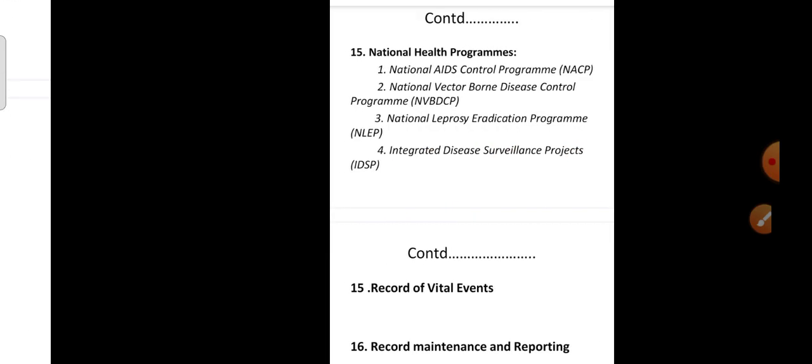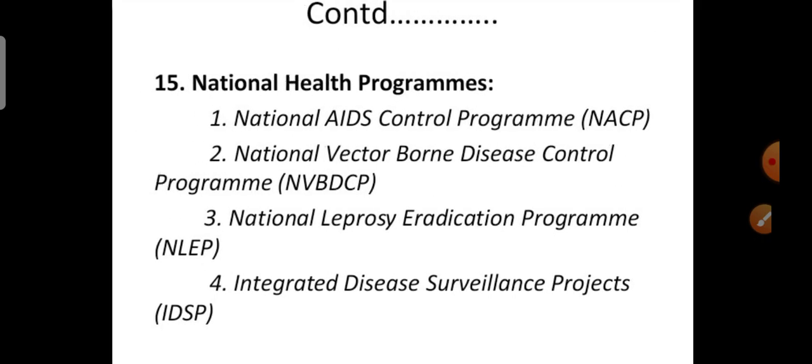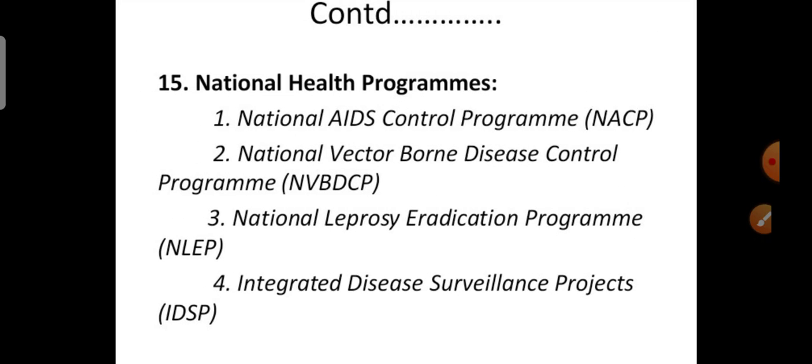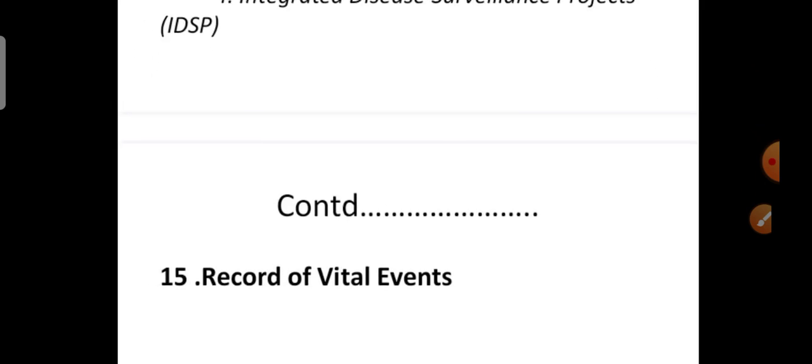Okay, next, the 15th point is the national health programs, like the National AIDS Control Program and the National Vector-Borne Disease Control Program. Vectors are those that spread disease by bite, like mosquitoes and houseflies. Many vectors exist, but mosquitoes are a very problematic one, causing dengue, chikungunya, malaria, and filaria. This is all. Then the National Leprosy Eradication Program, the Integrated Disease Surveillance Project Program, and next comes the record of vital